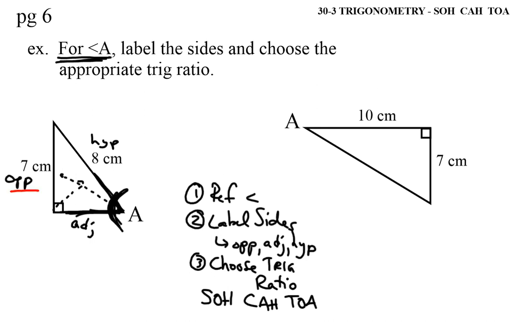When we take a look at this first example, well, what's given to us? Look at what we have. We know the opposite side is 7 centimeters. We know the hypotenuse is 8 centimeters. So there's two pieces of information given to us. We don't know what the adjacent is, so that's not helpful. So in this case, the adjacent is an extra piece of information. If I want to use opposite and hypotenuse,